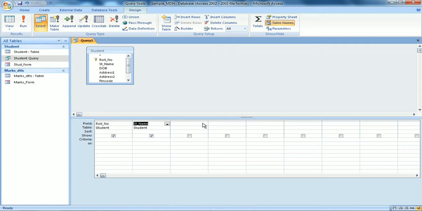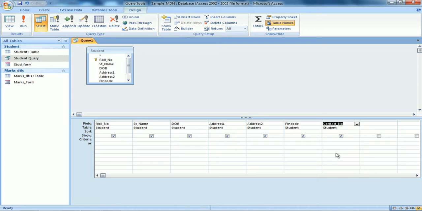Date of birth, address 1, address 2, pin code, contact number. These are my field names.